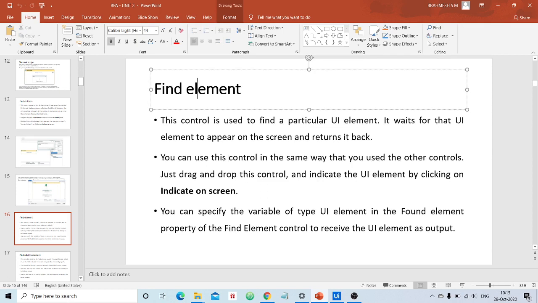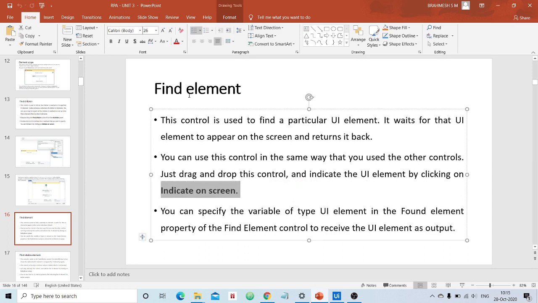Just type find element in the search box of the activities panel, drag that activity and place it on the designer panel. Then use the indicate on screen option in this activity in order to indicate the target element. Then you can specify the variable of type UI element.